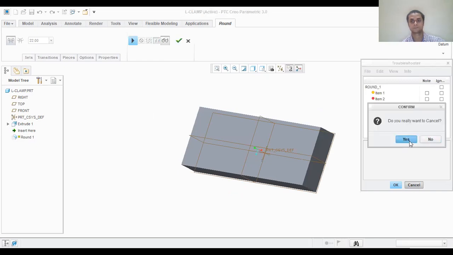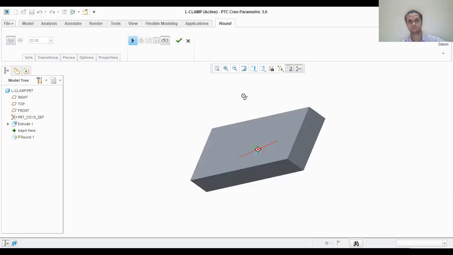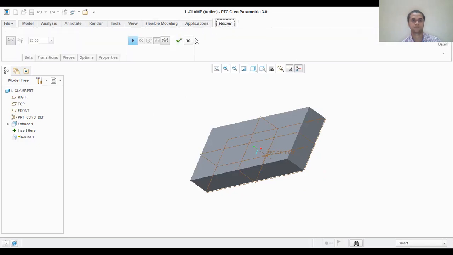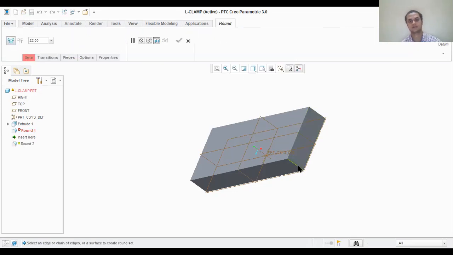Thank you. I'll select this. I've made some mistake in the selection, so I'll select this one. In the round command, I'll click on OK. So I'll click on round command so that I'll be selecting this space once and I'll be selecting use control. Select this one. I'll click OK, so that this face is generated.